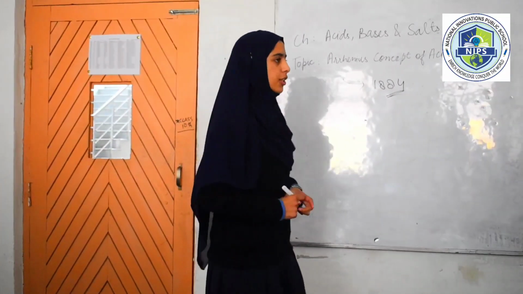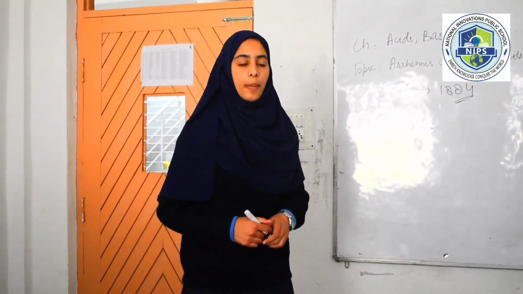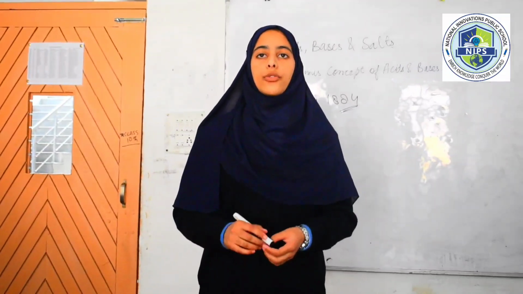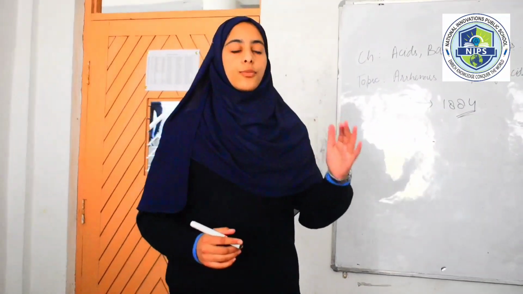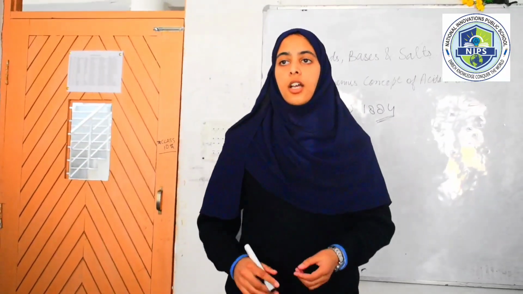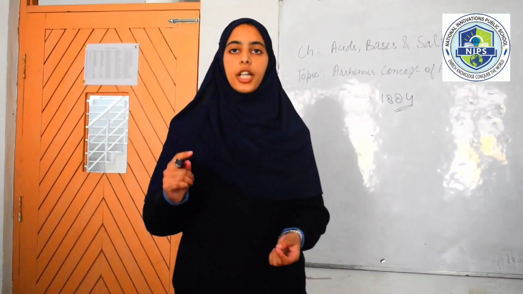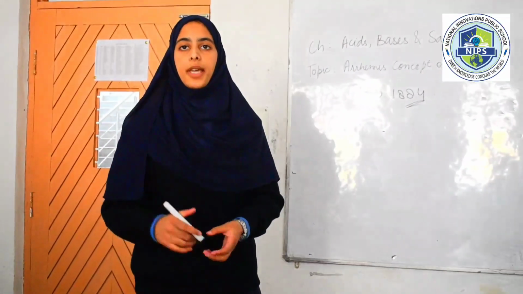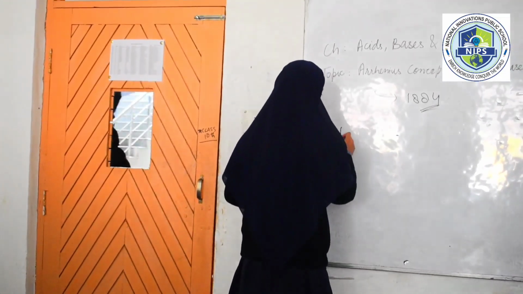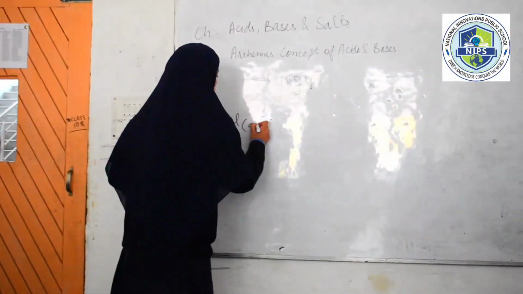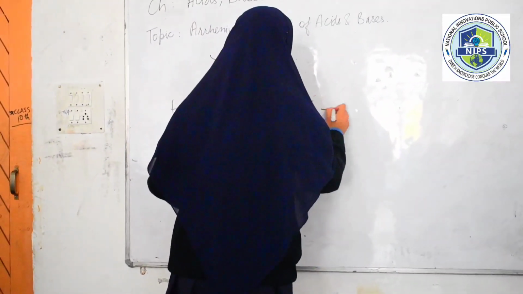So here comes the question, what is an acid and what is a base in context with the Arrhenius concept? Let me tell you, any compound which on being dissolved in aqueous solution releases H positive ions, the compound is termed as Arrhenius acid. Similarly, any compound which on being dissolved in water releases OH negative ions is termed as Arrhenius base. Let me give you an example to make it more clear. Suppose we have aqueous solution of HCl, it will ionize and release H positive ion.